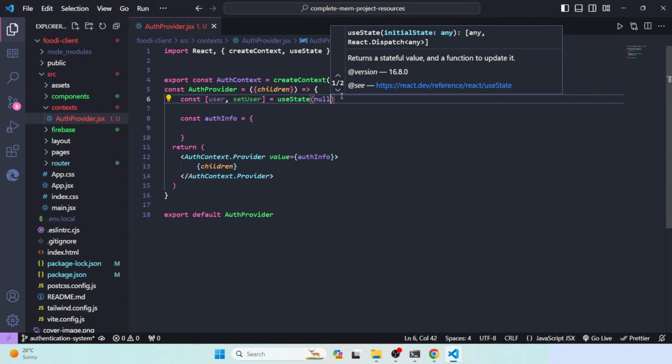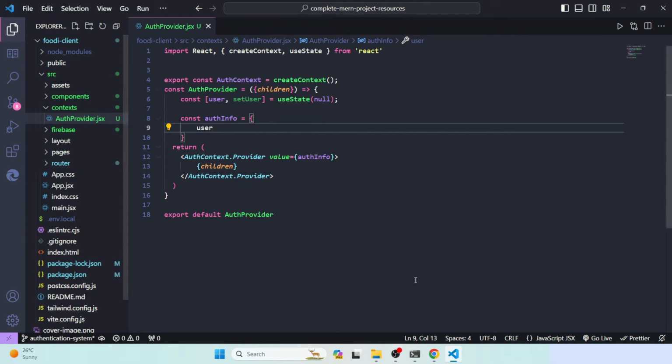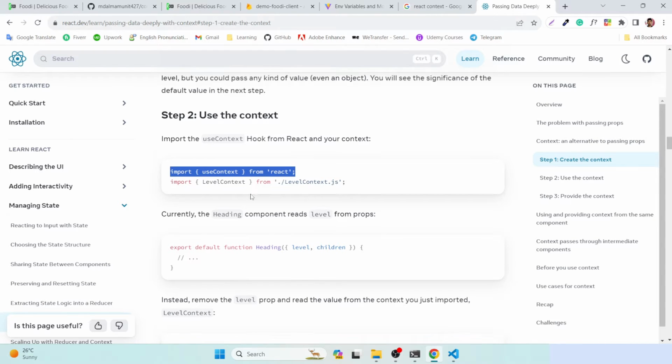So when you have a user created, you can pass it from here. If you do this, you can get access to these users from every page. But before that you have to use it on your